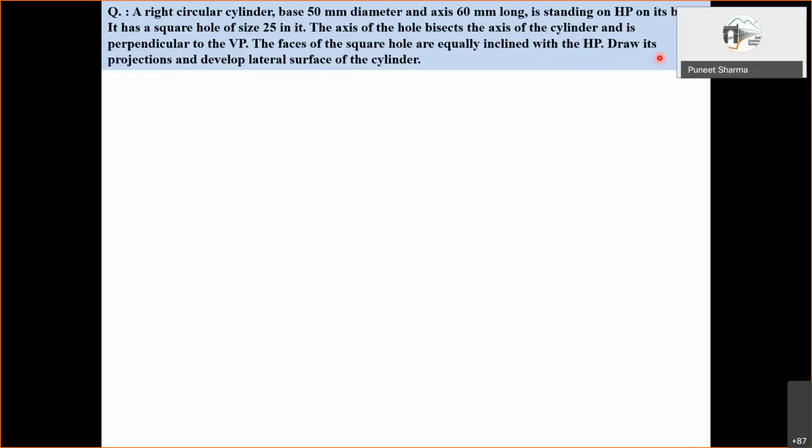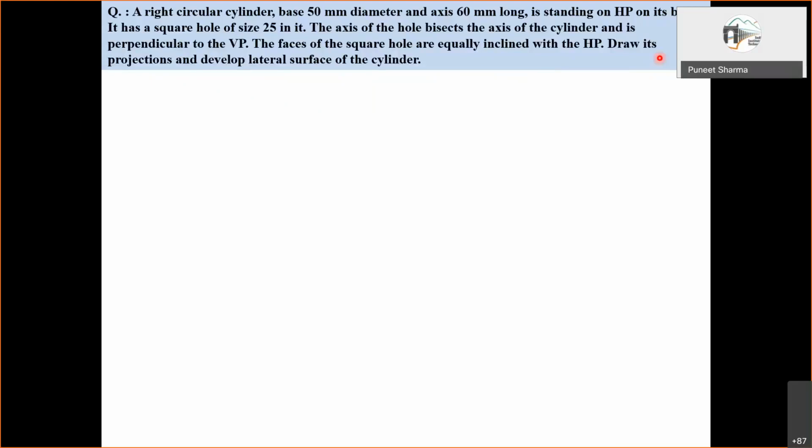Yeah, one thing I forgot to mention, if it is mentioned that develop the lateral surface, then you can go ahead and develop the lateral surface only. But if it is mentioned that you have to develop all the surfaces, then actually all the surfaces will have to be developed. That means lateral surface as well as top and bottom. Like in the previous example, that cube we had developed, we developed the top and bottom also. So depending on the problem, we'll have to do that.